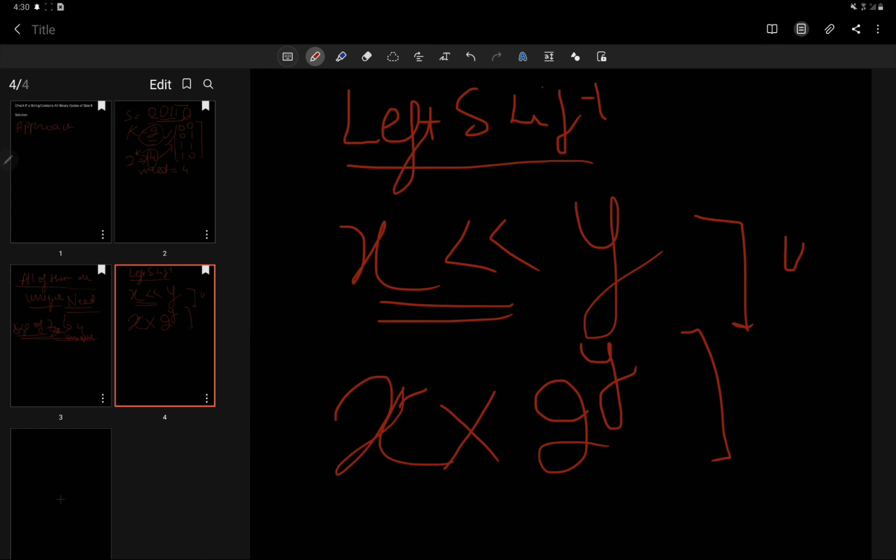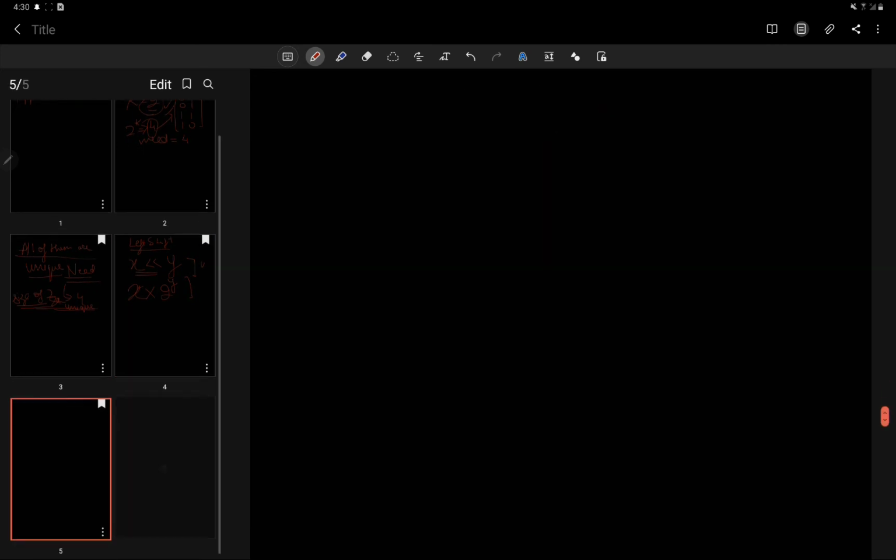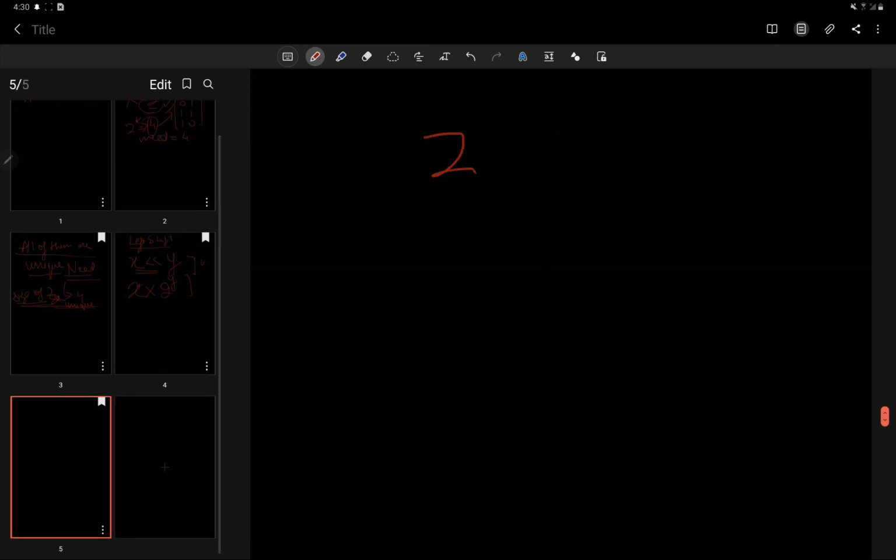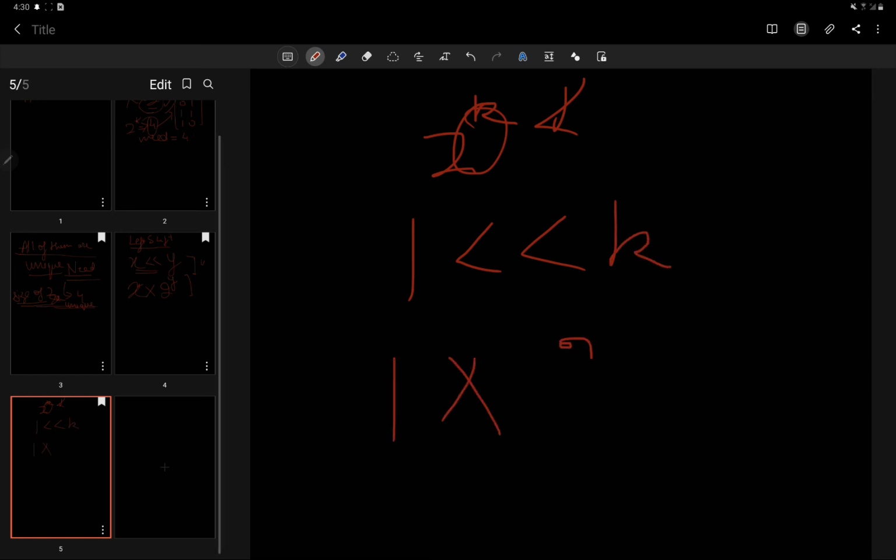To get the value 2 to the power k, where k is given, which is the need, we just do 1 left shift k. What that means is 1 into 2 to the power of k, that is 4.